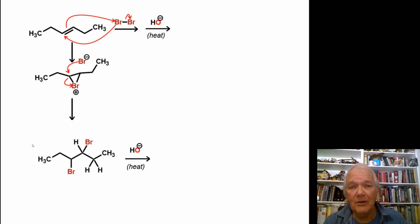So what's the hydroxide going to do? It's going to pull off a hydrogen. But which kind of hydrogen? Is it going to pull off a hydrogen on the carbon with the bromine, or a hydrogen next door? The way to figure this out is to think about pure acidity. Bromine is not a very electronegative element compared to something like oxygen or chlorine, but it's more electronegative than carbon. So the acidity of this hydrogen on the carbon with the bromine is actually greater than the acidity over here. So the hydroxide wants to go for